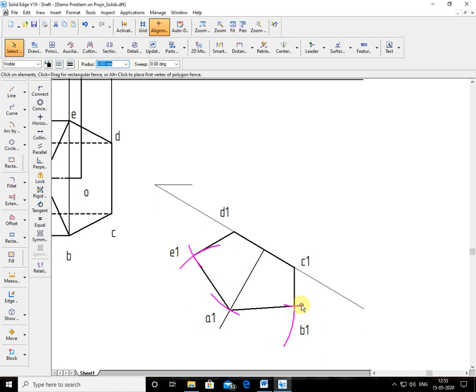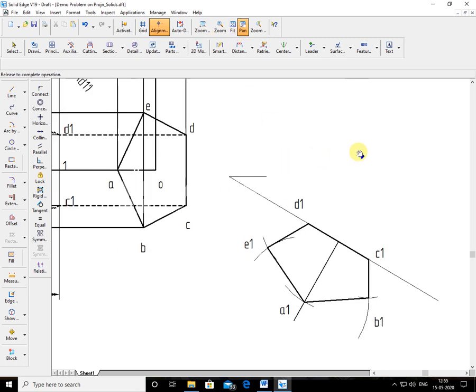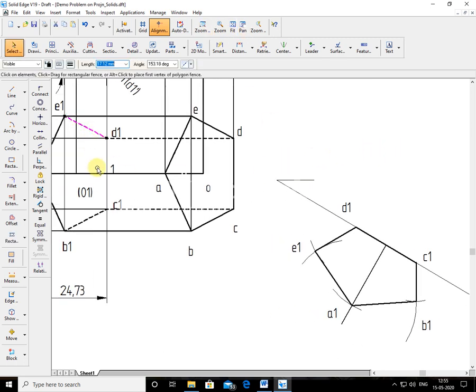Next, what you do? This line, you know that in this figure, you know that these three are hidden. 1, 2, 3 hidden. This also hidden. So I not shown here. Hidden here. This is hidden. Okay, this is hidden. Then I'll make this as a hidden line. These three as a hidden line. Okay.